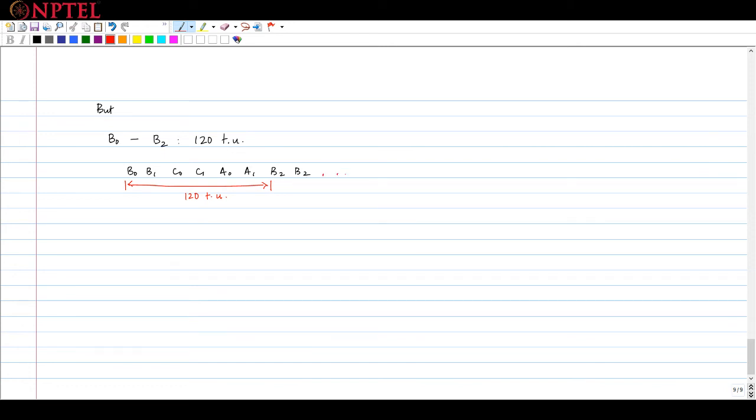Similarly, if I follow the same pattern, the time until B4 can start would be another 120 time units, and within this time, 2 iterations have executed. Similarly, over here I have another 2 iterations. So basically what that tells me is the average initiation interval is going to be equal to 120